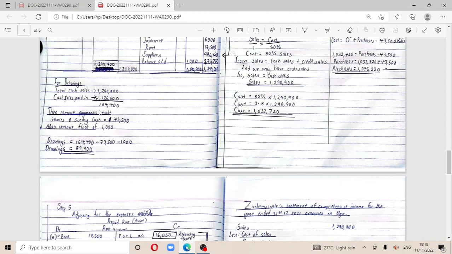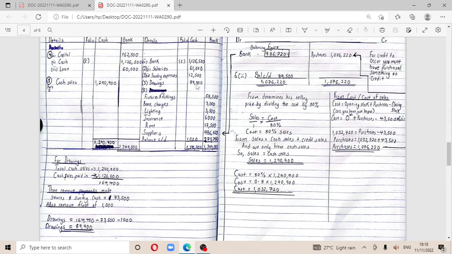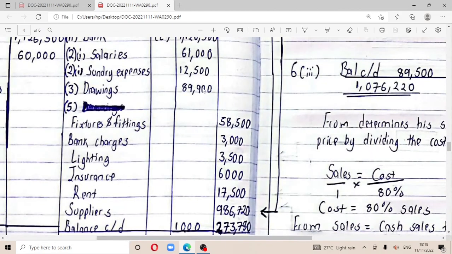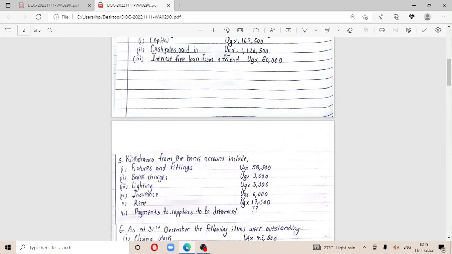So when you come to the drawings, you're going to remove this figure, which is 164,400, minus the total payments that were removed, which is 73,500, minus the float, to get 89,900. So that's how I've gotten my figure for drawings. When I look at note number 5, it is going to be a copy and paste. Note number 5 says withdrawals from the bank account included